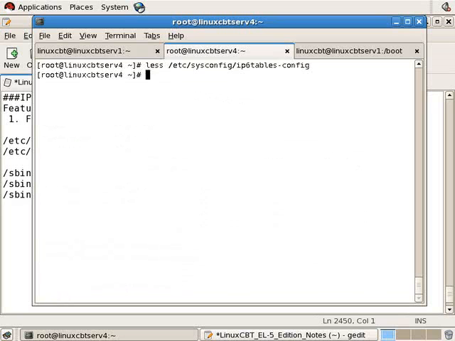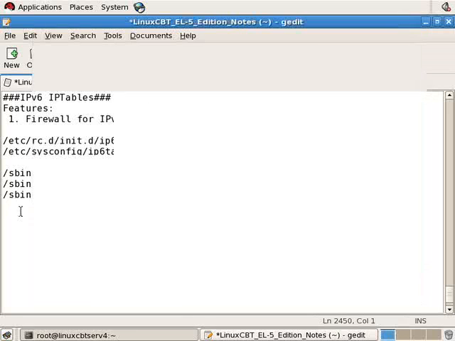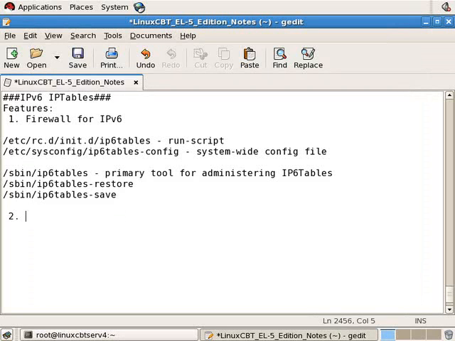Now, as it stands, IP6 tables is not running. We can confirm as such using /etc/init.d/ip6tables status. This should tell us that the firewall is stopped. We should also note as a feature that IP6 tables maintains three default tables. But unlike IPv4, one is different. They include filter, which matches IPv6 to IPv4, mangle, which also matches both implementations,